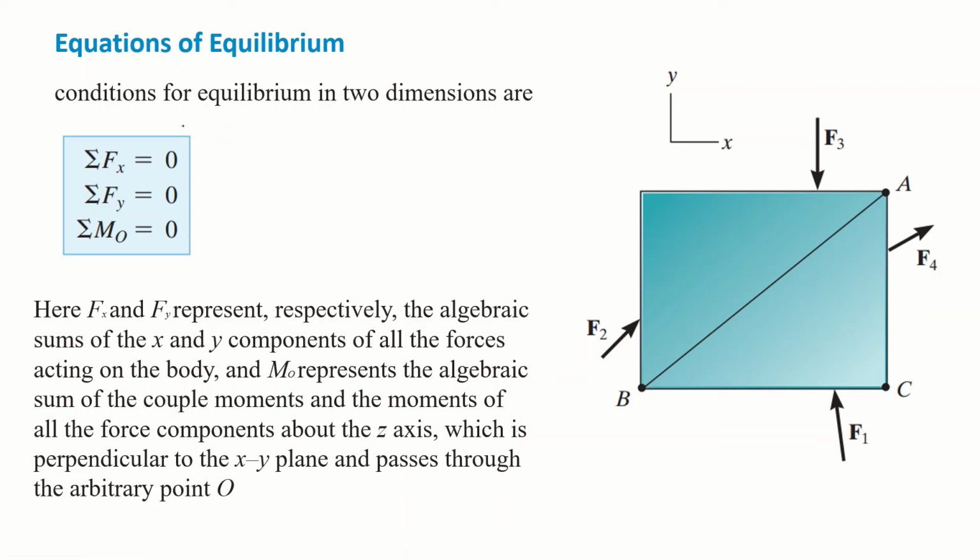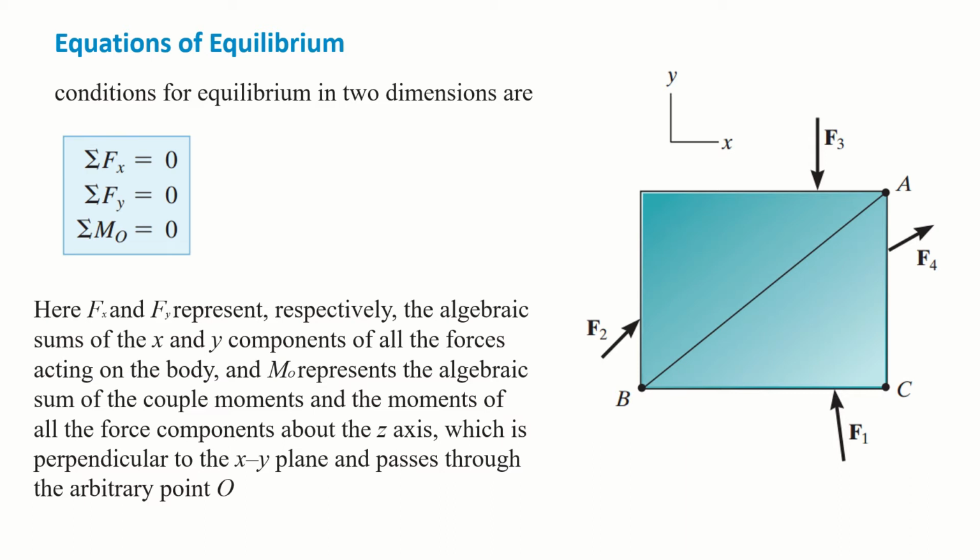In this video, I will explain the conditions for equilibrium of rigid bodies in two dimensions. There are three conditions for equilibrium of rigid bodies in two dimensions. The first condition is that the sum of forces in the x direction should be equal to 0. The second condition is that the sum of forces in the y direction should also be equal to 0. And the third is that the sum of all the moments about any arbitrary point O should also be equal to